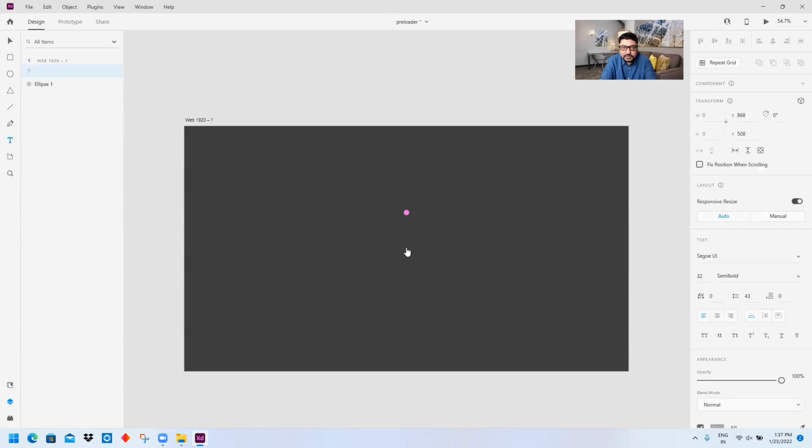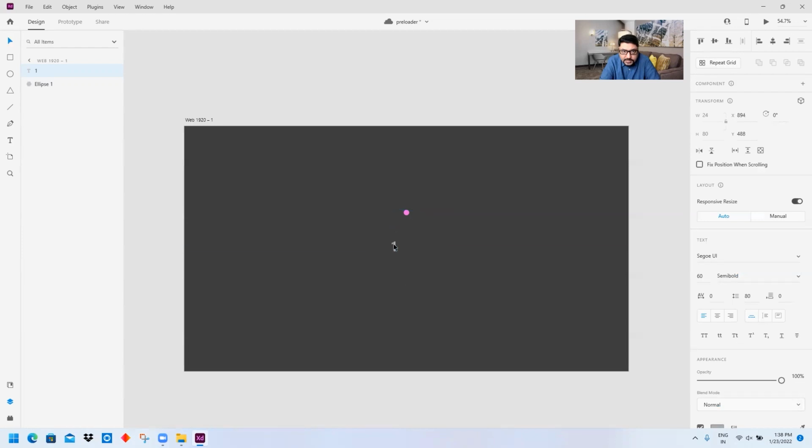I will type 1 over here. Sorry, this has not taken in, so I will take 60 pixels, maybe this will be right. And let's see how it looks.